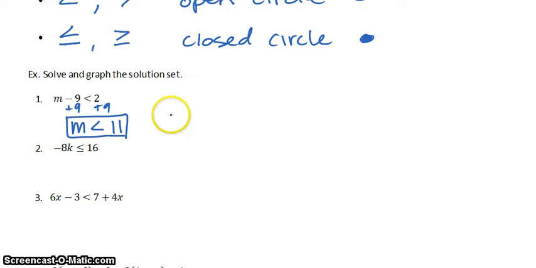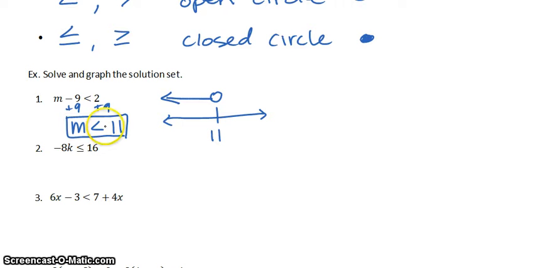Then I'm going to graph it. It's going to be a closed or open circle at 11. I like to graph it above it because it gets too confusing for me. And then I know that I'm going to graph it to the left side because it has to be less than. Now, there's an arrow trick: as long as the variable's on the left,